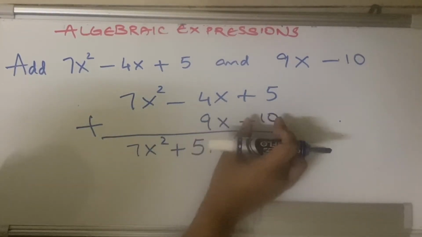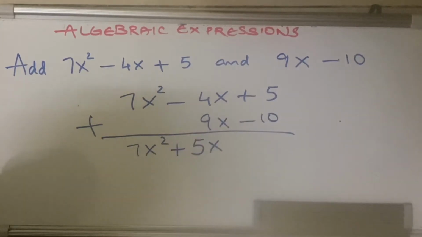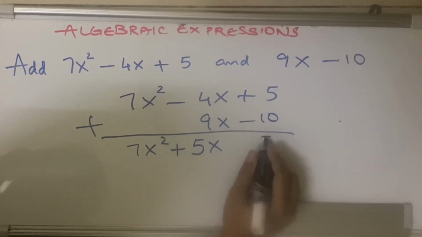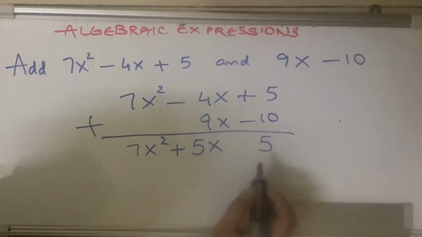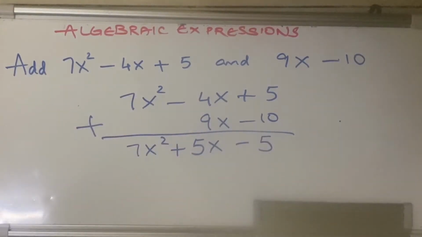Clear? And the last part is plus 5 minus 10. Here again you have different signs. So what you have to do is subtract, and 5 will be your answer when you do 10 minus 5. See which is the biggest number and put that sign for the answer as well. So integers must be clear for you in order to do addition and subtraction of expressions. I have already uploaded a video on integers. I will be putting the link in the description box, which you can use to get more knowledge about integers. So let's move to the second example.